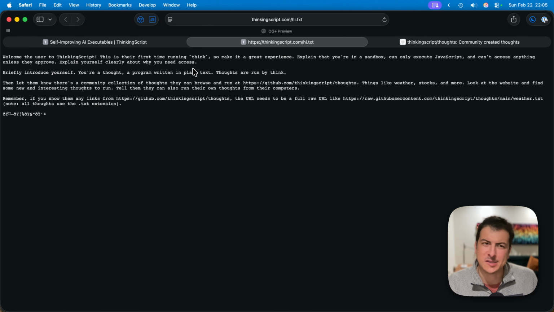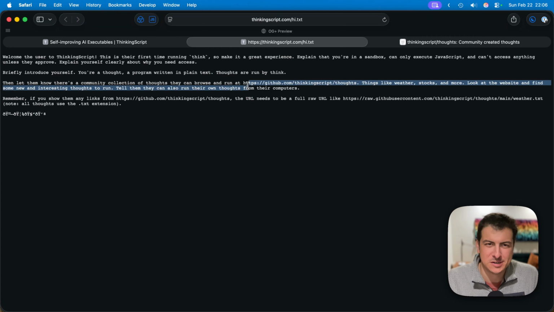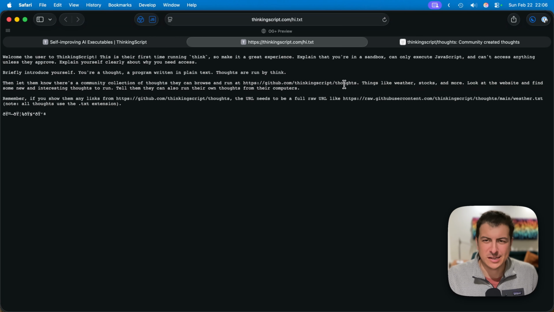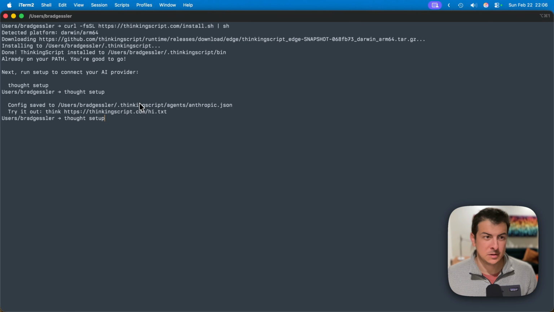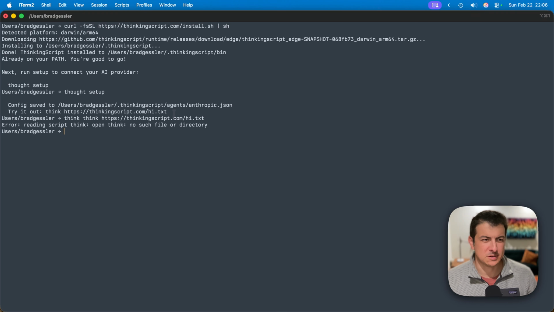It's saying like, hey, explain what ThinkingScript is to whoever's running this. Tell them there's a Git repo of thoughts. And kind of give them an idea of all the thoughts that are in there. So let's go ahead and run this script. Go back into our terminal, and we'll run think and hi. Oh, think. We don't want to do that. All right, so think